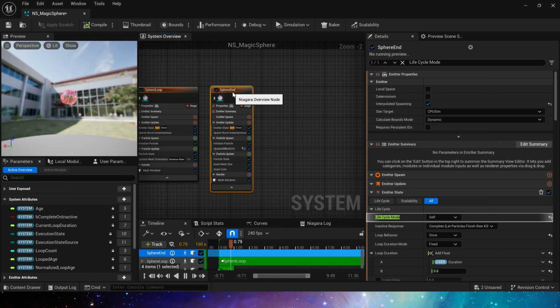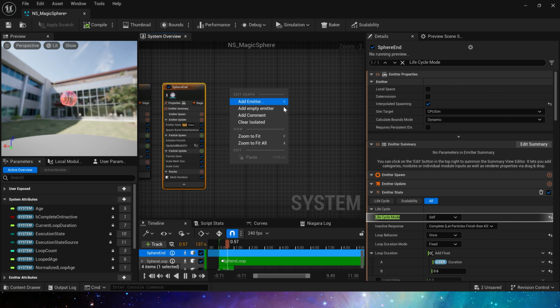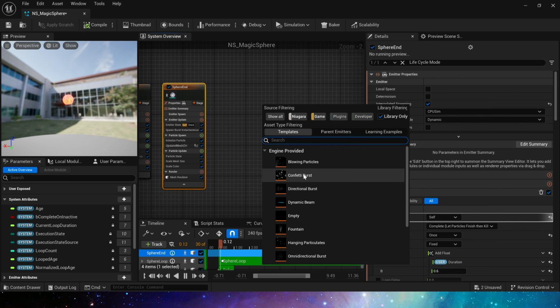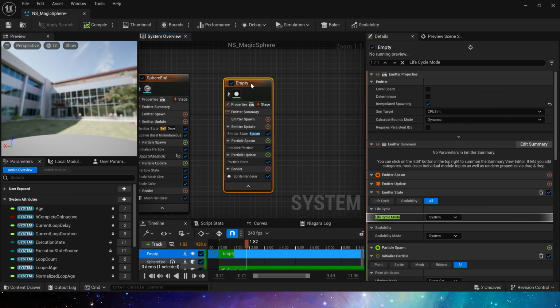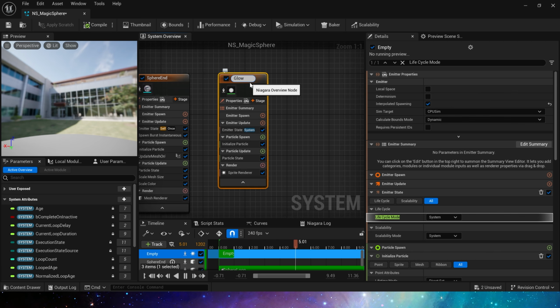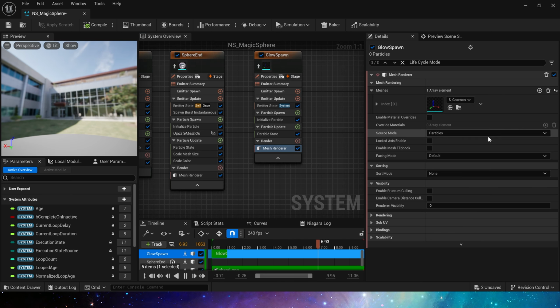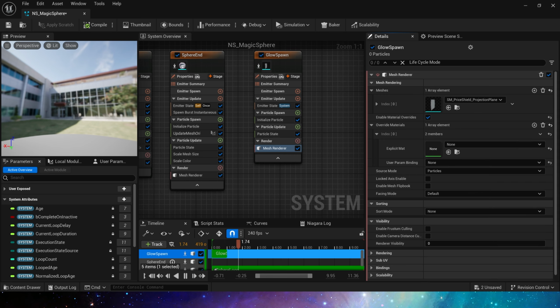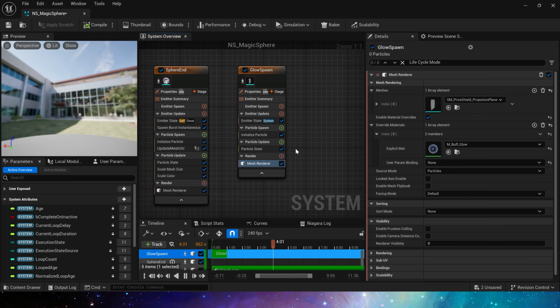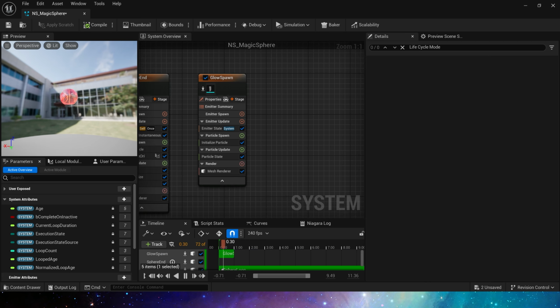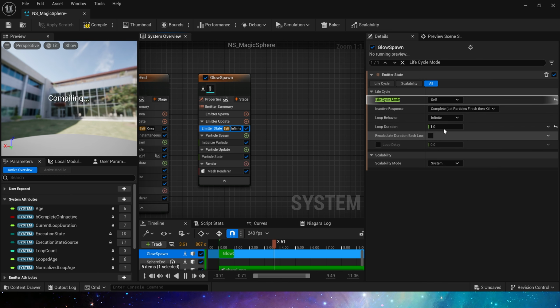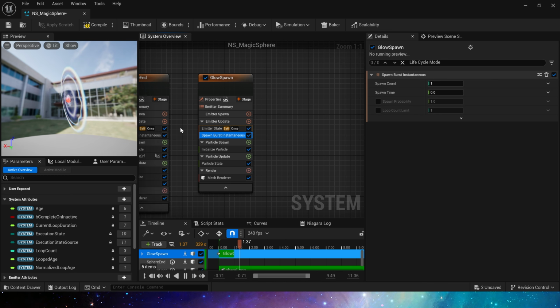And we can add other visual effects to make the sphere look better. Add sphere glow. It also needs 3 emitters to control different processes. These settings are almost the same as emitter sphere. Use mesh and material in asset. Set lifecycle mode to self, loop behavior to once, spawn count to 1,